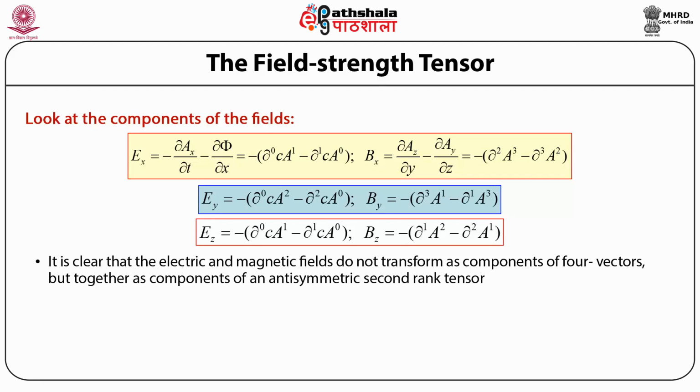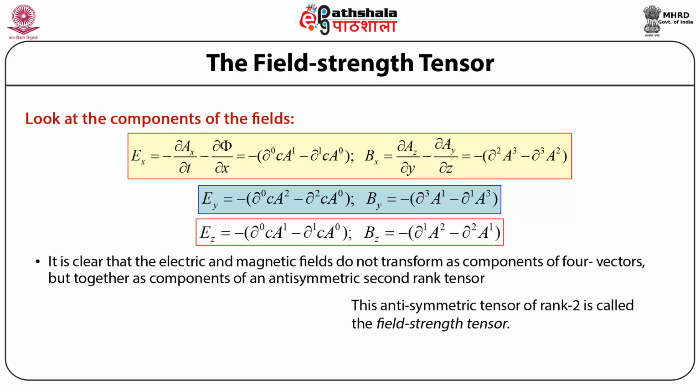And the reason is clear, since both the electric field and the magnetic field induction vector terms have the scalar potential as well as the vector potential dependence. So we can represent these 6 equations through an antisymmetric second rank tensor, which is called the field-strength tensor and